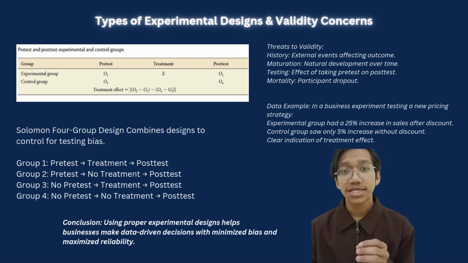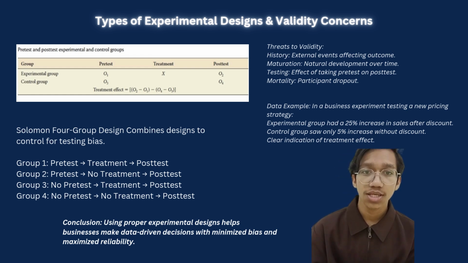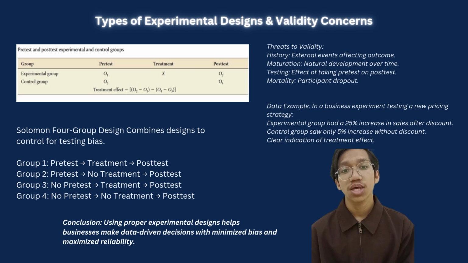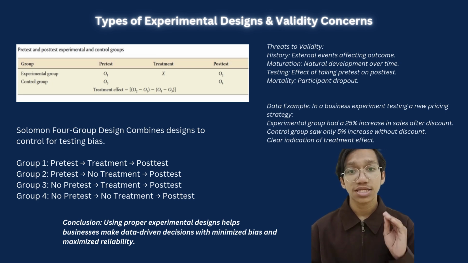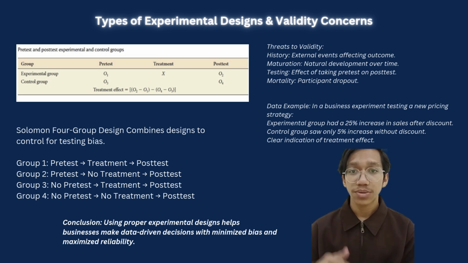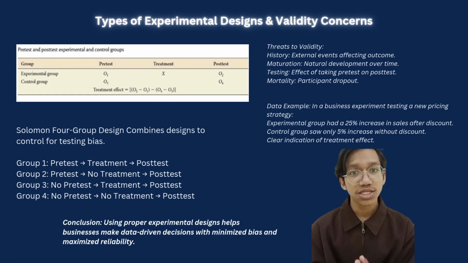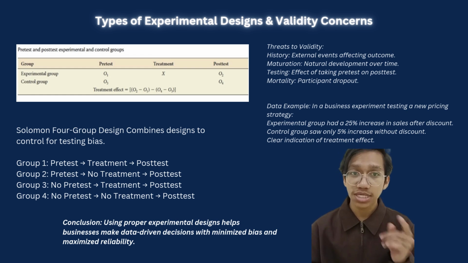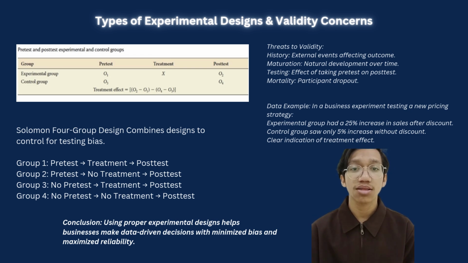And finally, the key takeaway. By using well-structured experimental designs, like the Solomon four-group design, it helps businesses make data-driven decisions while minimizing bias and maximizing reliability. It ensures we are not just seeing what we want to see, but what's actually happening as a result of our